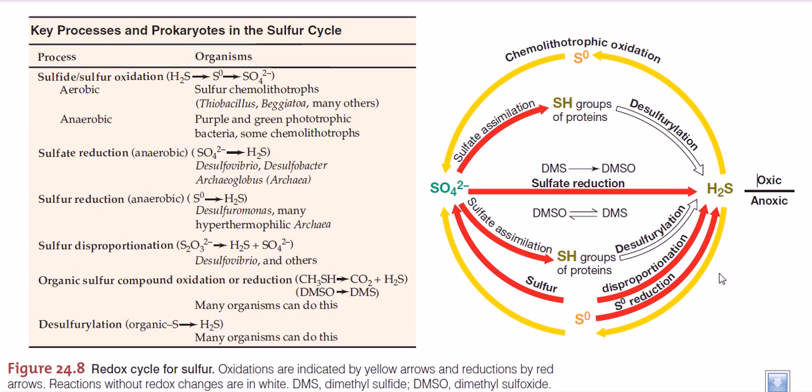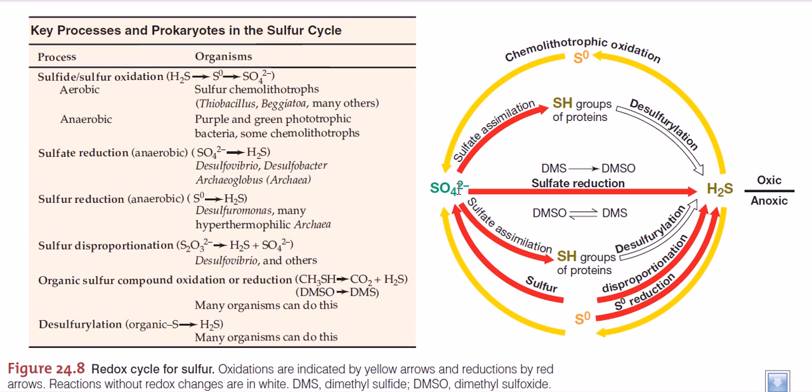So we utilize this and produce sulfate via the anoxic process, but not via the oxic process. This kind of thing has been done, and this is the only step of oxidation in this whole sulfur cycle. All the other pathways we are going to talk about are reduction processes. Now this is the step we have to talk about.